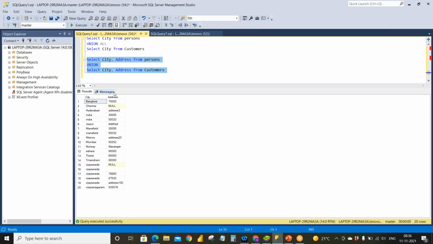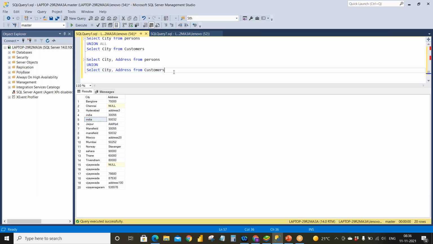So if you see the example, as it will not allow the duplicates, here city is having 2. But when you see it as a combination, this is not a duplicate, because the first row is having India address 30055 and the second row is having address 50032. That means it is not allowing the duplicates.